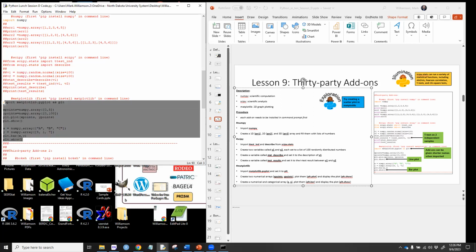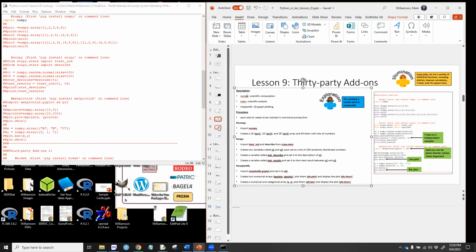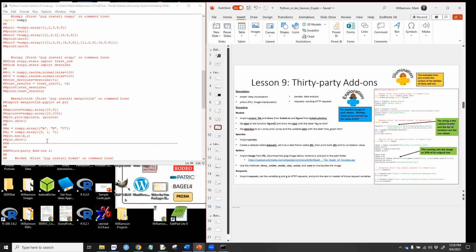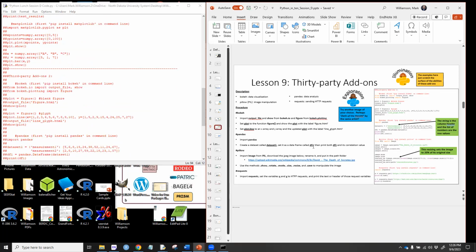Okay, we'll close, comment this out. And we'll move on to the second slew of third-party add-ons. We're going to do 4 things here. We're going to use Bokeh for data visualization,